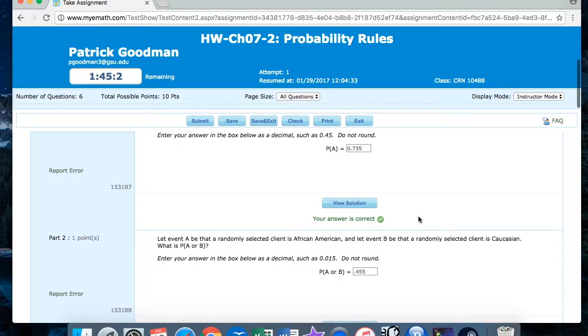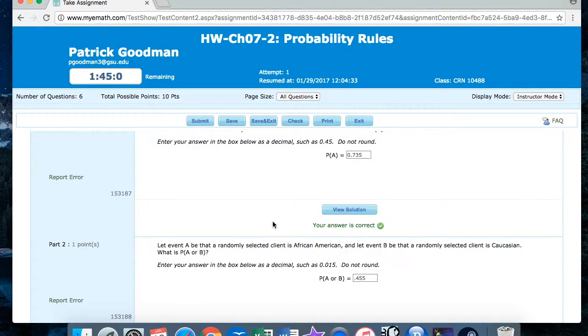Okay, so now it's going to get a little more complicated. So here we have 2 different events, A and B, and we say that A is a randomly selected client that is African American, or B is selected is Caucasian. So what's the probability of A or B? So in other words, if we're pulling one person out, what's the probability that they are either African American or Caucasian? So remember,